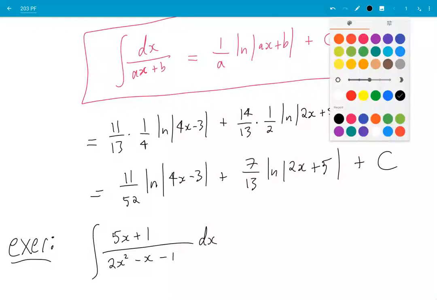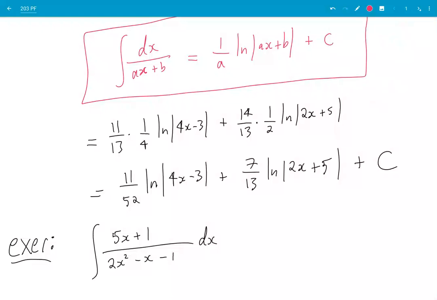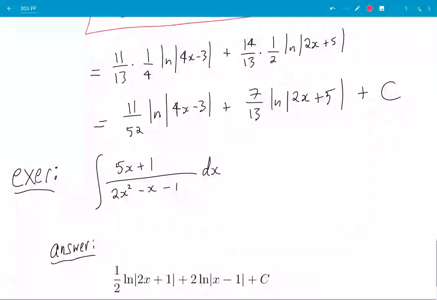Okay, so for this exercise, you're gonna have to factor this one to start, and then go from there. Probably use this formula up here at some point. Anyways, the answer is here. You can copy that down,